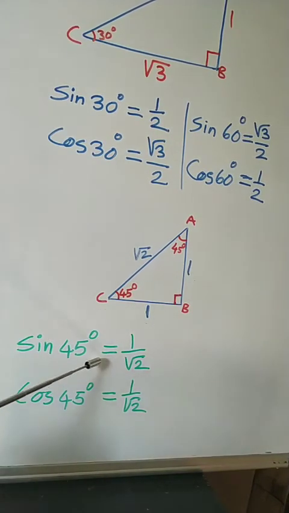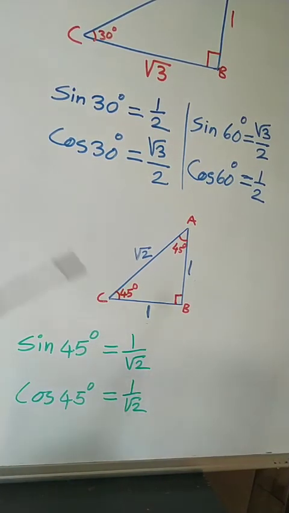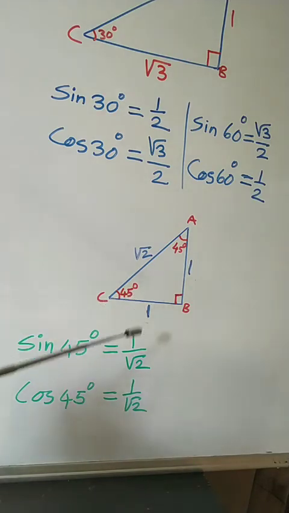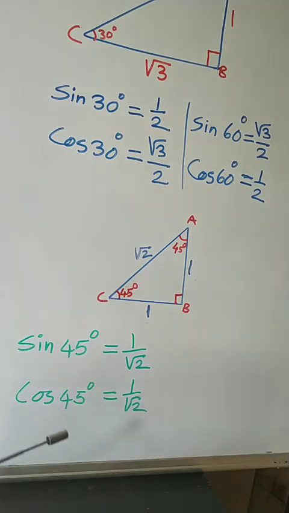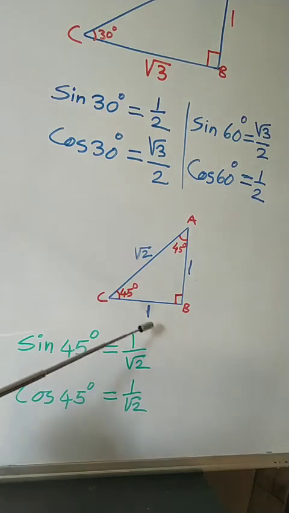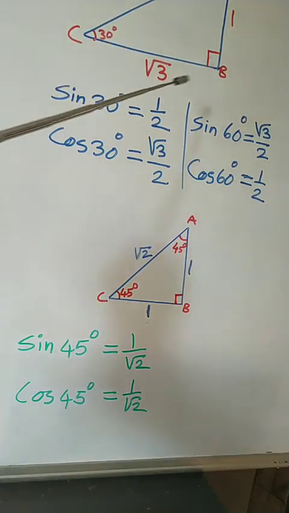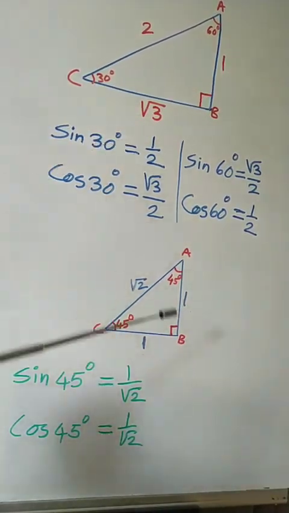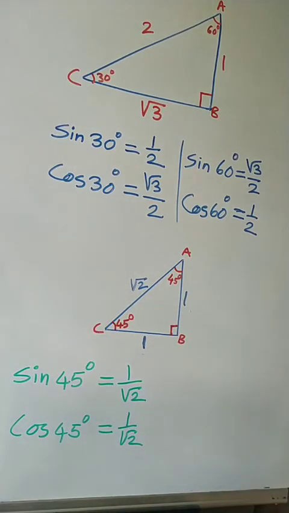Even for this, you are not going to remember these values by heart. If you can, very good, but you are not expected to. In the exam, you are going to first draw this table, draw this triangle and get these values. It's not at all difficult to remember that this is a 1, 1, root 2 type of triangle, and this is a 2, 1, root 3 type of triangle. So understand 2, 1, root 3 and 1, 1, root 2. If you remember this much, it is more than enough. Then you know all these 6 values very, very easily.